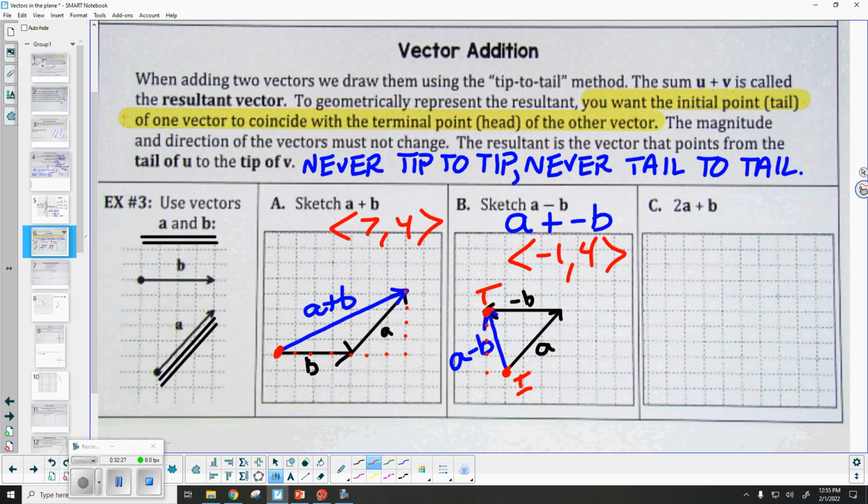Now, we're going to be doing this graphically today. Tomorrow, the first thing we do when we come in, I'm going to show you how to do it algebraically. So I'm going to come back and look over some of these problems again. Okay, are we ready to try one on our own?